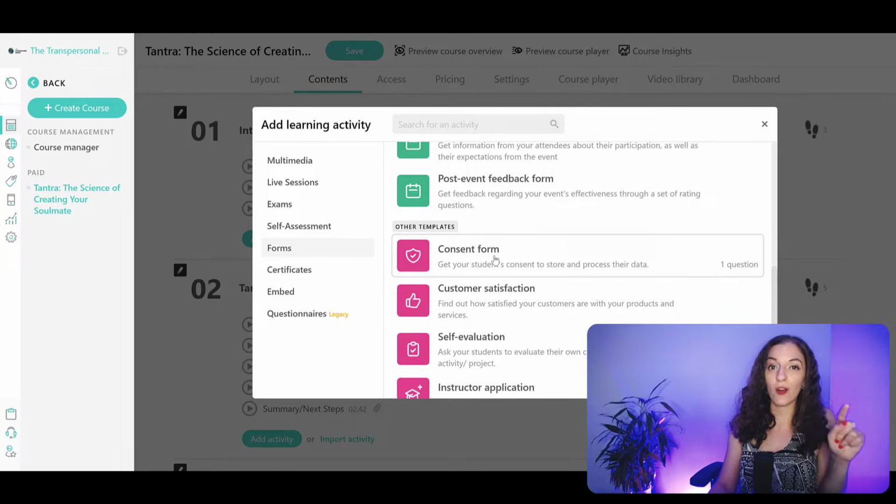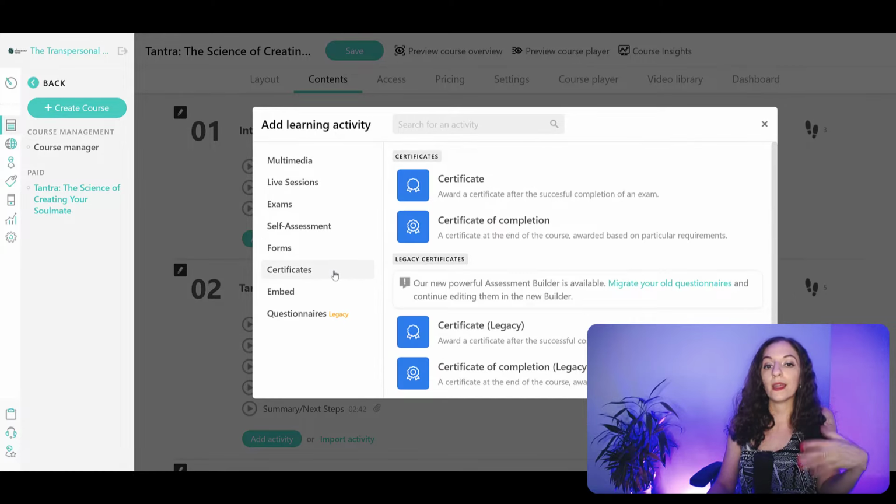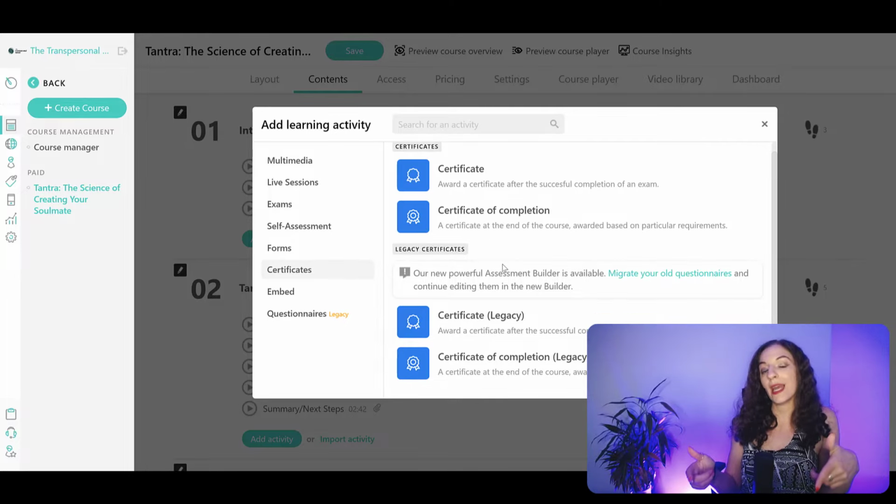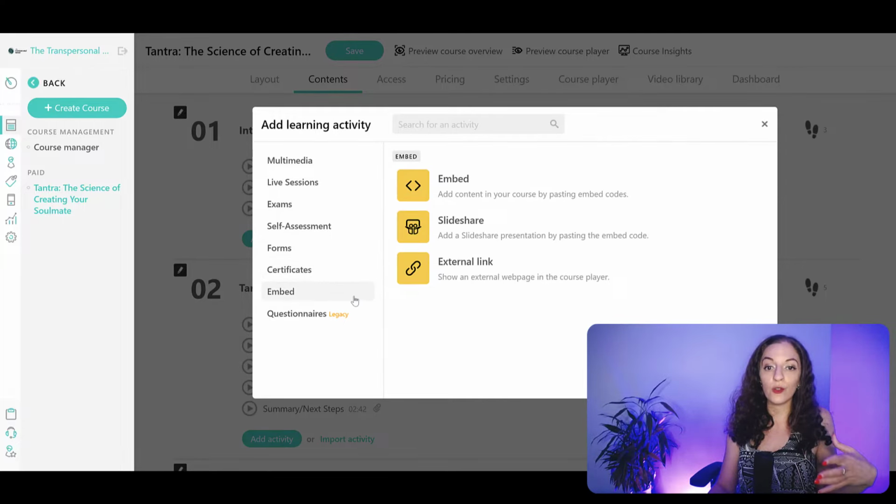There's some really cool things that you could do with this, which I'll mention in a few moments here. Create some crazy automations to increase engagement with your learners. You can give them or award them a certificate of completion, which comes in handy, especially if you're offering your courses to organizations or enterprises, and the employees need to be able to show the certificate of completion once they've taken your course. Other things you can do, you can embed other elements here through code.